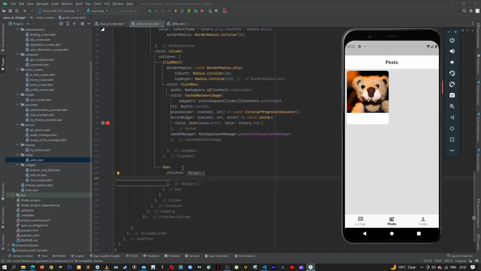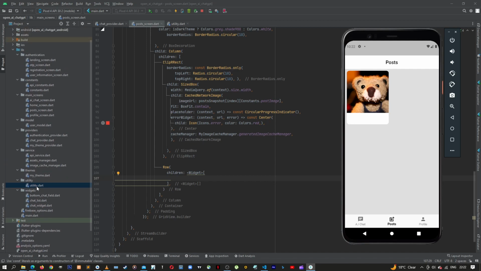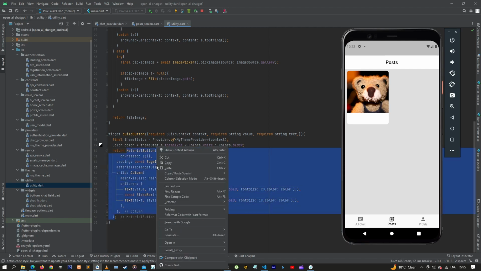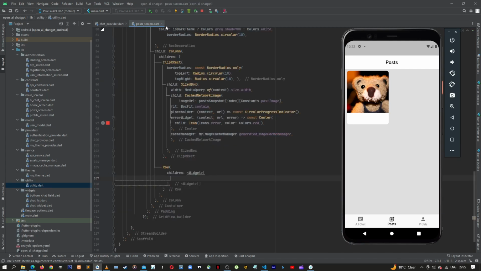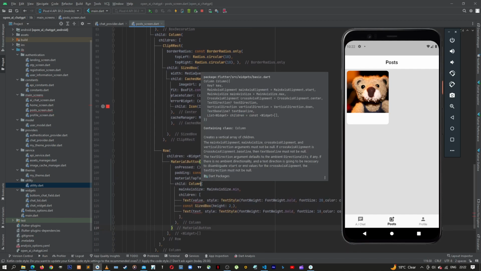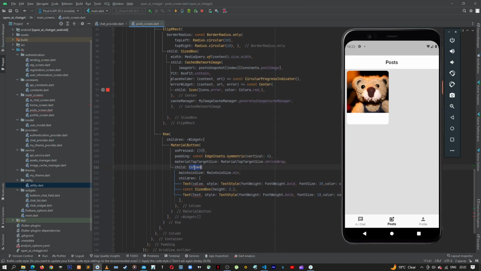So if we come back here and then let's see where we are getting that button, we put it inside our, let's check in the utility. Yes, so this is the button that we created. So let's copy this, then let's close utility. Then the first child will be that button. So now here, instead of a column, let's put it into a row, and then the value, let's first of all hard code this to 5, and then the style,